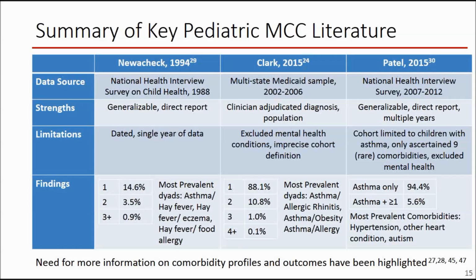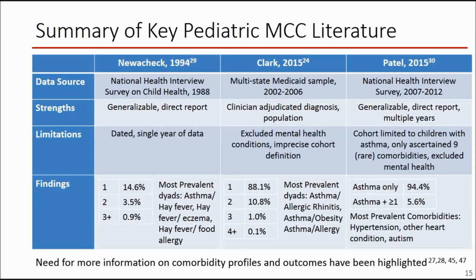So what do we know about MCC in kids? Some initial studies suggest that up to 12% of children, around 5.5 million nationally, may have more than one chronic condition. And there's evidence that MCC's adverse effects also occur in the pediatric population. There are studies where more severe physical conditions were associated with higher likelihood of co-occurring mental health diagnosis. And children with MCC have been shown to be at increased risk for reduced function, emergency department visits, and hospitalizations.